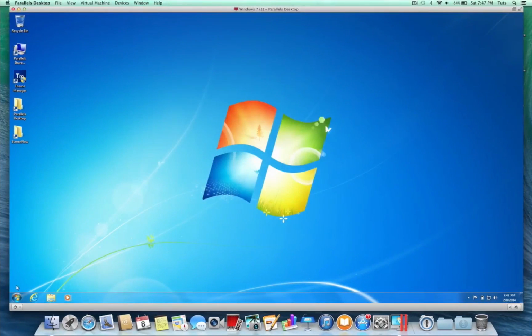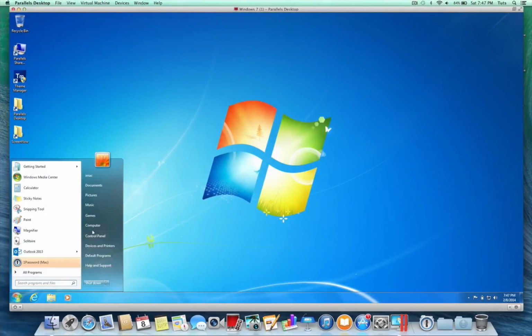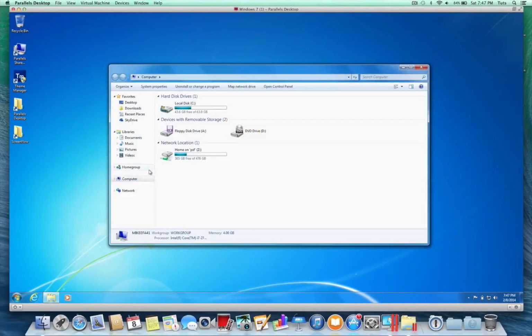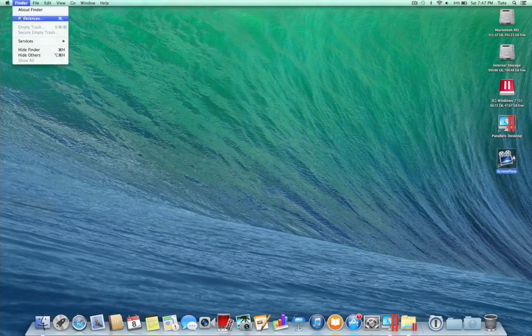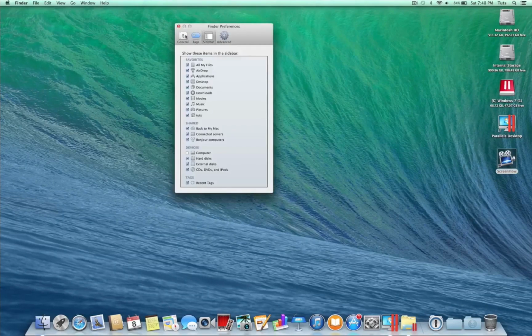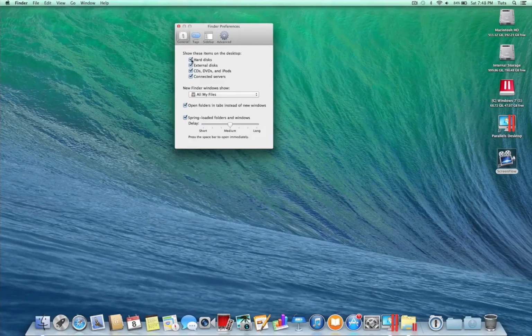In Windows, you're used to viewing your hard disk information by clicking the Start menu and clicking on Computer. This will show you your current local disk as well as any other hard drives you may have plugged in. In Mac, this is done a bit differently. The hard drive icons do automatically appear on your desktop as long as you have the settings selected, and that would be under Finder, Preferences, General,